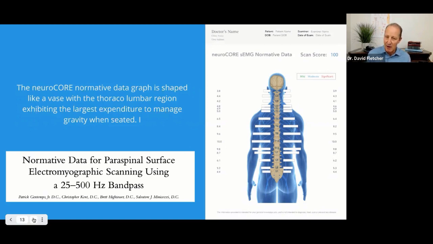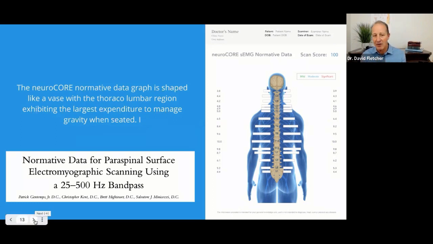And one of the things that we know is that when you start engaging in the children's side of scanning with the EMG, you can reposition the child. It's not perfect science, but if they tend to slump forward or move themselves off, you can stop the scan, especially with this new technology, reposition them back to neutral and continue the scan from that segment upwards. Not that we advise that all the time, but we need you to understand that there is this flexibility now with the NeuroCore technology to be able to do that. And I think that you will fall in love with this vase shape because we're going to show that in the pattern graphs.